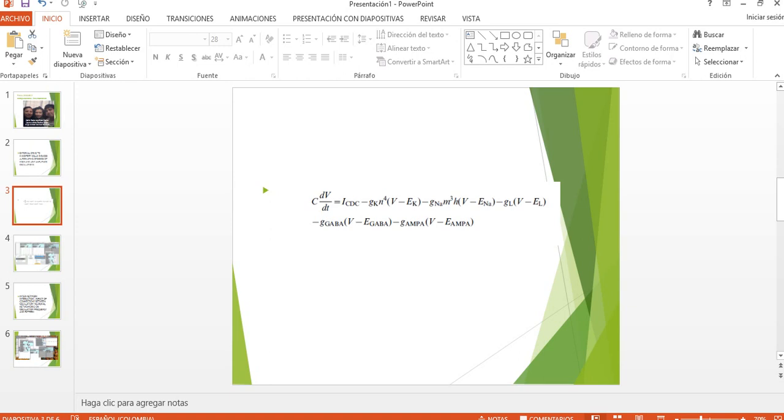So the connectivity structure of the network was created by giving each cell a probability to connect to any other cell. The excitatory cells have a probability to connect to inhibitory cells of 0.65 and to excitatory cells of 0.3, while inhibitory cells have a probability to connect to excitatory cells of 0.6 and to inhibitory cells of 0.55.